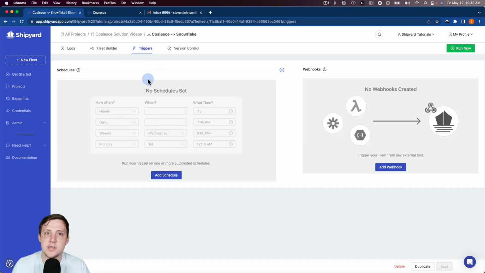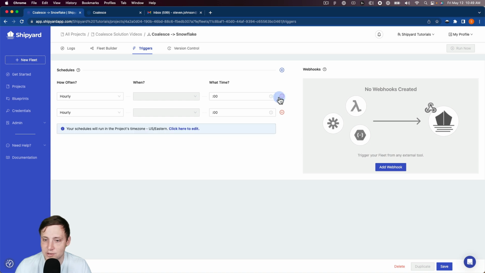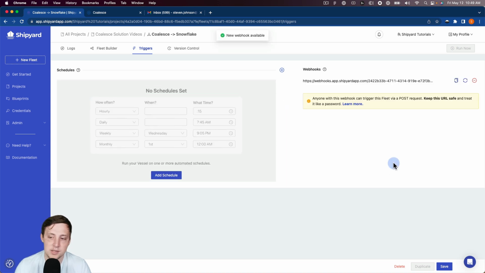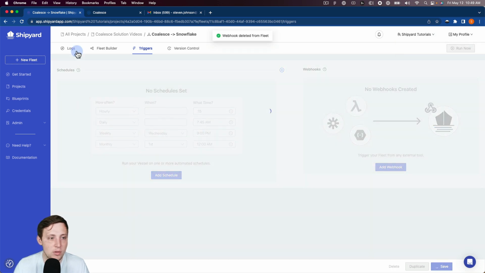A couple other ways you can set up a run inside of Shipyard. You can add a schedule, so you can schedule things to run hourly, daily, weekly, and monthly. You can add as many of those as you want, or as few. And then we also have webhooks that you can set up as well. You could use a Python request, a curl command, anything like that to call this webhook to kick this fleet off. That allows you to use other applications to kick off this fleet. So after another application finishes, you could kick off this fleet, or after something else happens, you can do some event-based scheduling there. I'm going to delete that, resave, and then pop back into our logs to look at this